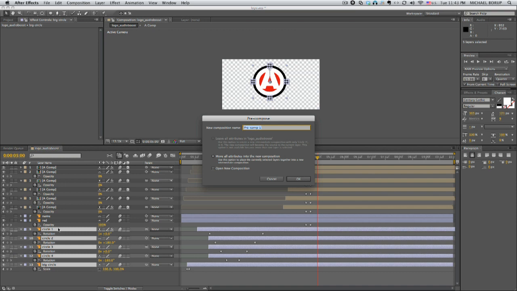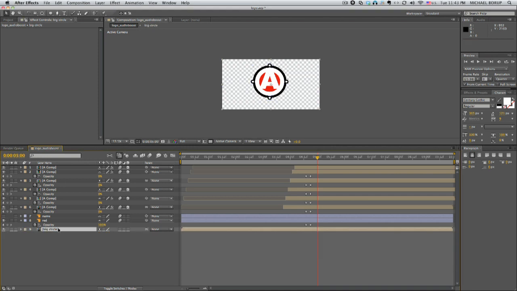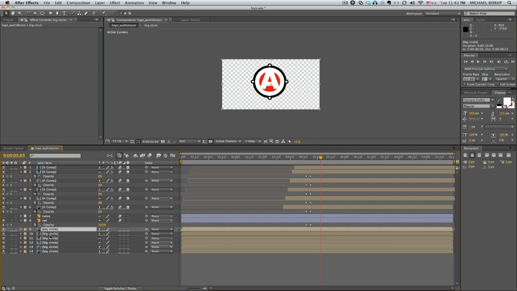Call this big circle. And what I'm going to do with this is duplicate this some more. Right here where everything lands. Then I'm going to duplicate this. I'll do it 6 layers again. And then